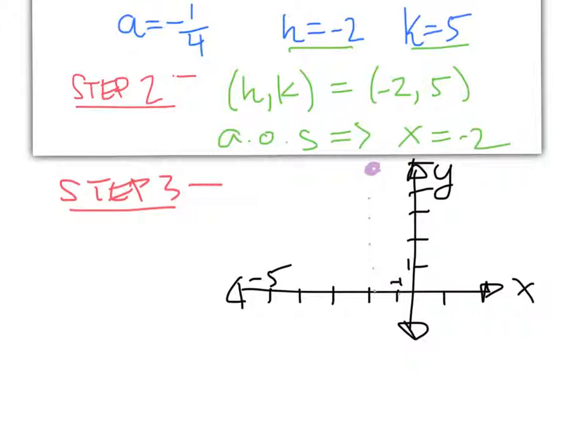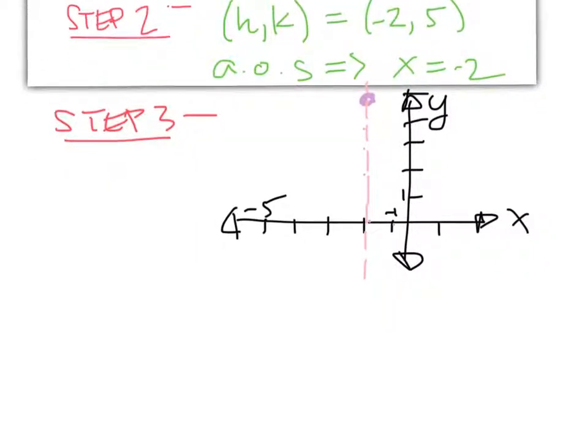And our axis of symmetry is this one. This is the line where you can cut the parabola in half, and the side to the left is the exact same thing as the side to the right. Now, part of step number 3 is finding 2 points. To find our first point, I usually just pick one to the right of the x, so one to the right of -2, another one to the right of that. So I'm going to say point 1,